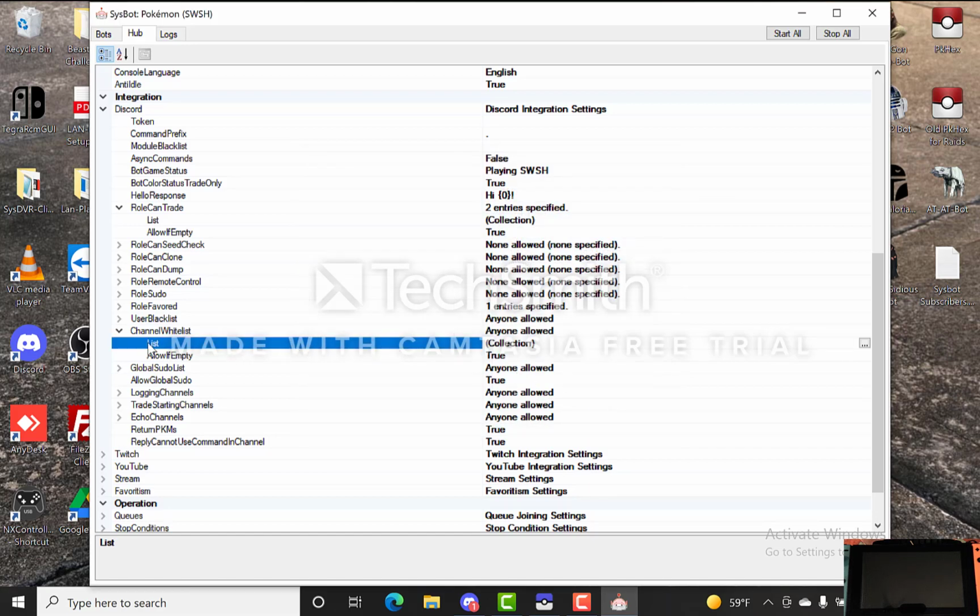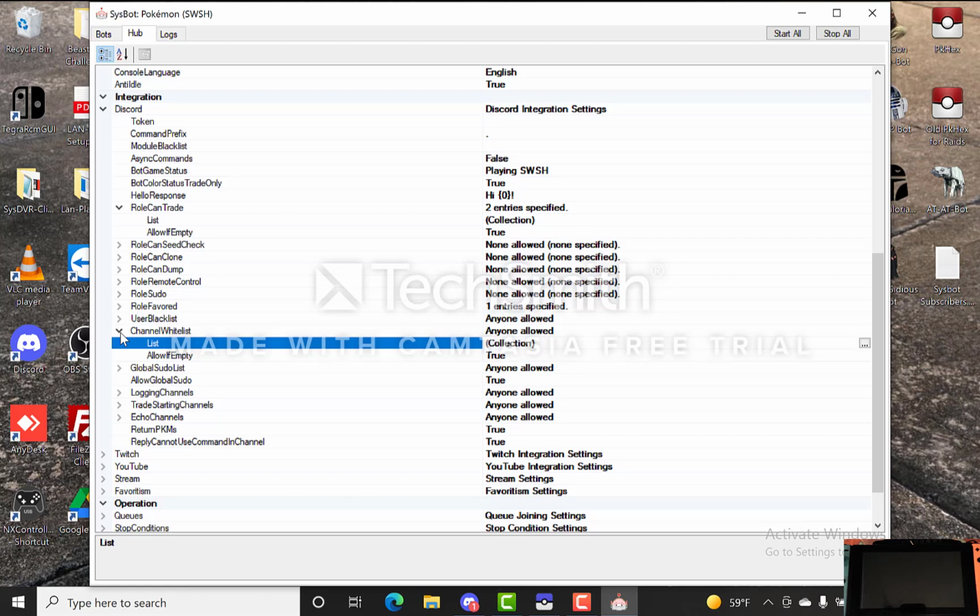But again, if you're adding your bot to multiple servers, like I do, then every time you add your bot to a server, you'll have to stop your bot, come and add the channel ID, and then restart your bot again. I don't like having to do all that every single time, so I leave it open to anyone allowed, and then I add the bot to their channel, and it'll automatically start working there because it's open to anyone, and then they can lock down the bot channel on their server to a role if they want to, or they can leave it open if they want to,